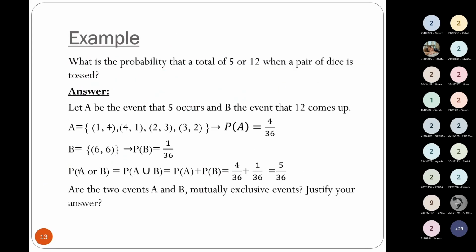Now, what is the probability that a total of 5 or 12 occurs when a pair of dice is tossed? The event: a pair of dice, meaning we have 2 dice and the sum equals 5. In this case, we have 36 outcomes, okay? Because the first die has 6 and the second has 6, so we have a sample space of 36. Now, the sum equals 5: this is 1 and 4, 4 and 1, 2 with 3, 3 with 2,